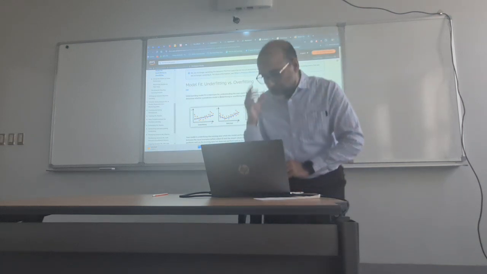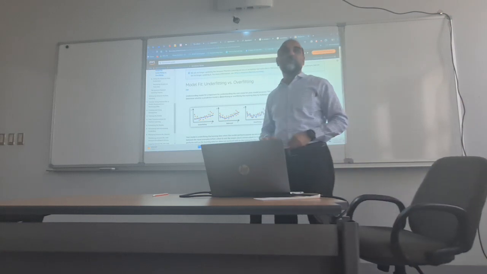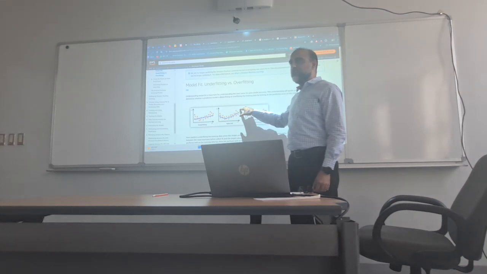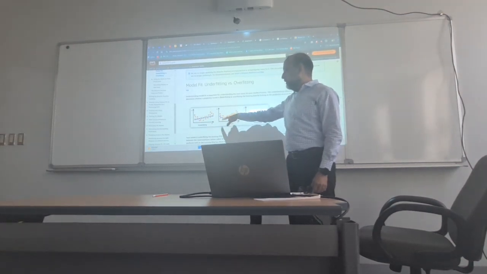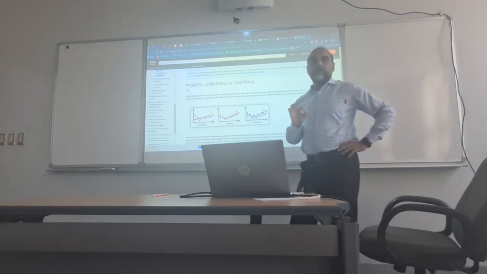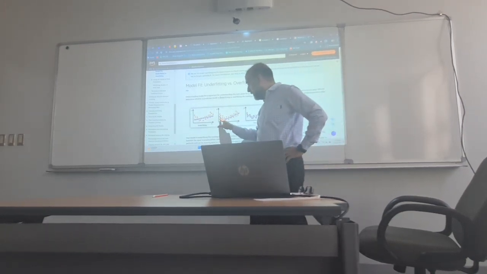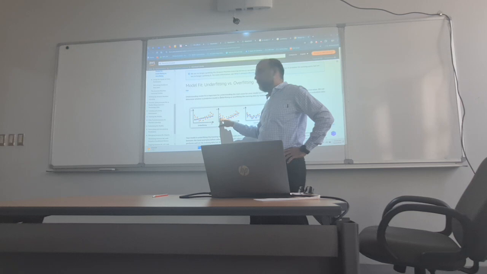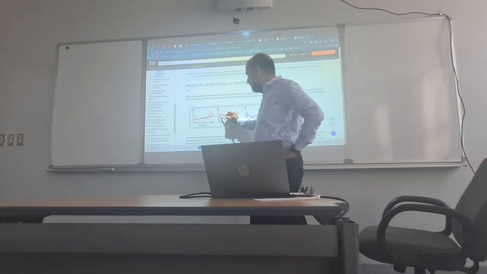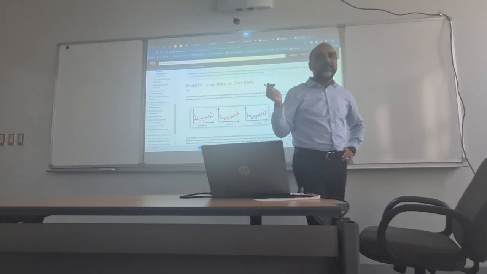Yes. Now this is your data, not the lines. The lines are what the model is trying to fit. You can see that it's going like this, right? But there are some ups and downs. By the way, there is something called error. Error is the difference between your predicted value and the actual value. So this is the actual value, and this is what your model predicted. The difference is the gap, and the gap is the error.